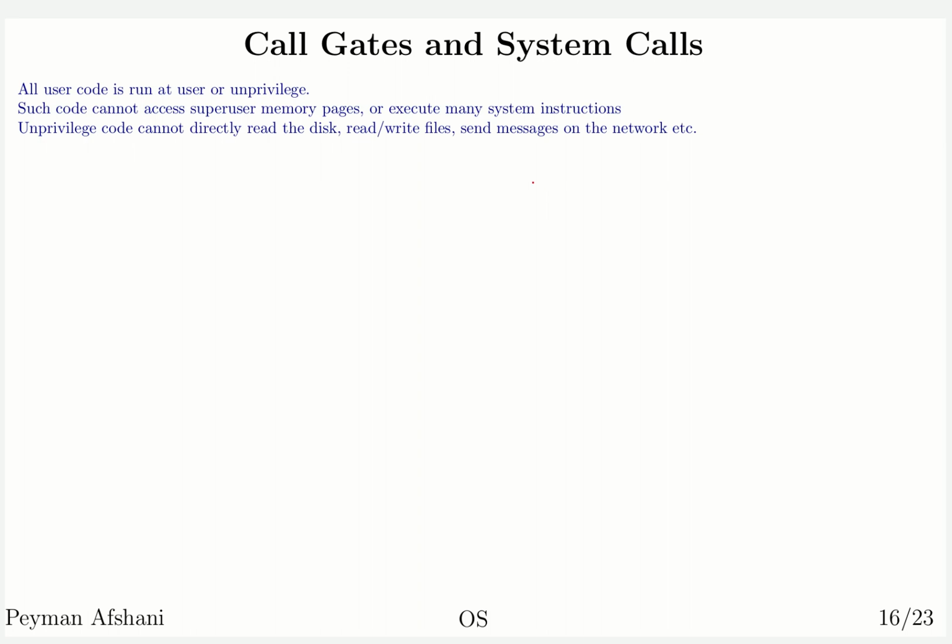The question is, why do we want to do this, or why is this way of designing a system desirable? There could be some obvious answers, and I'm going to mention some of them. The first obvious answer is security. By allowing the operating system to have exclusive access to the machine and by limiting the ability of normal code, we can make sure that the operating system can encapsulate every user program inside its own box,